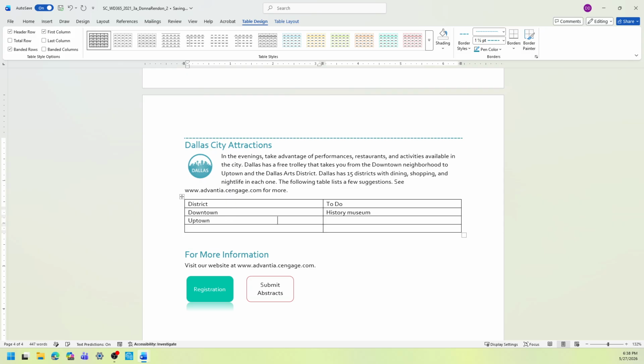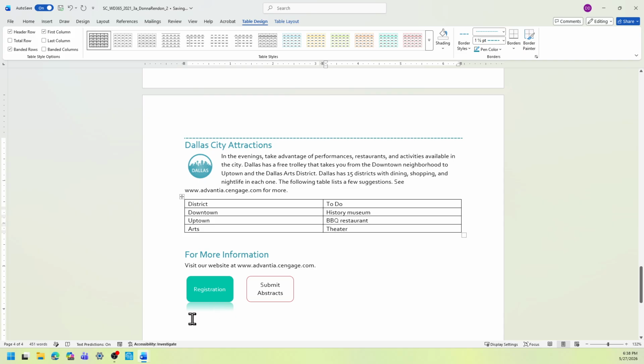This one is uptown. Tab again to the second column, third row, BBQ restaurant. Tab to the last row. This is arts. And then the last row, second column is theater. Okay.